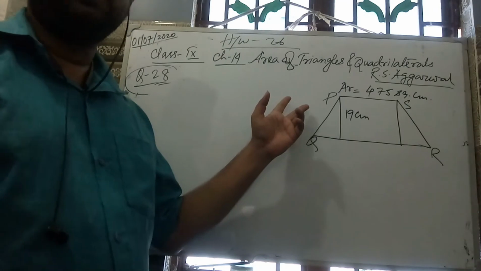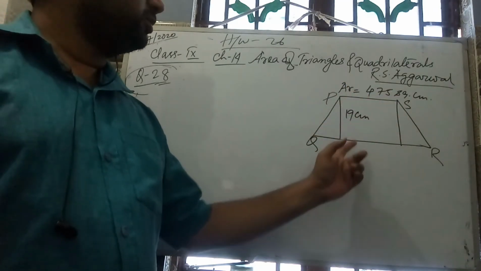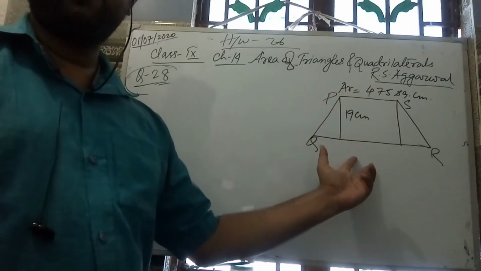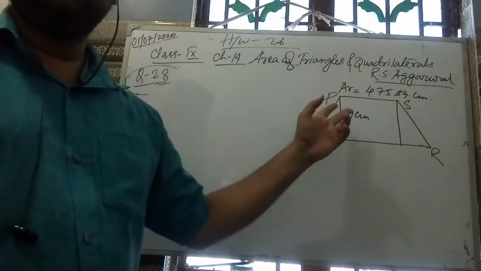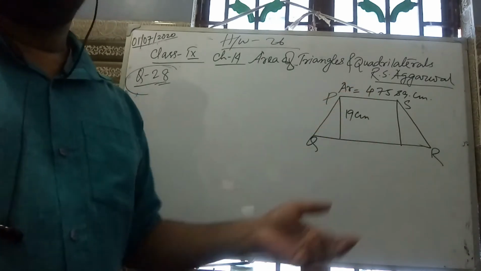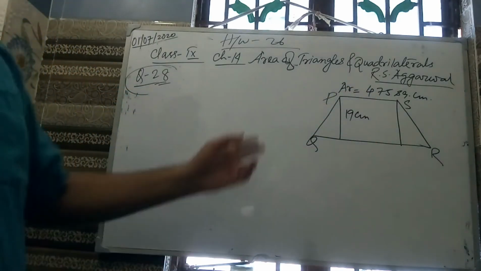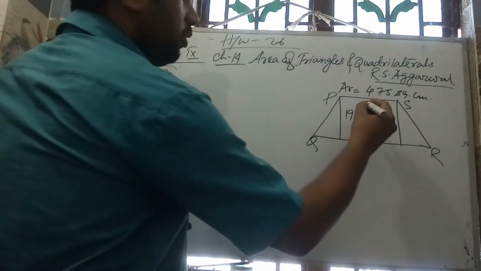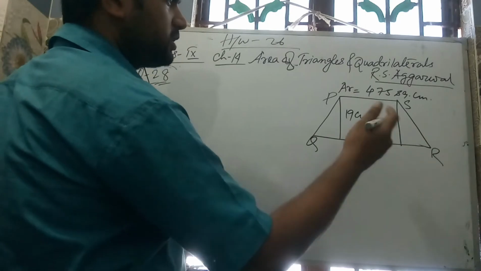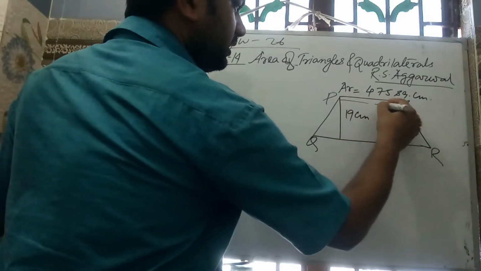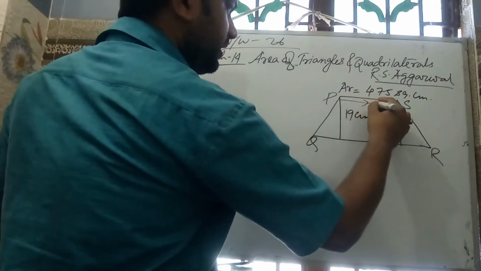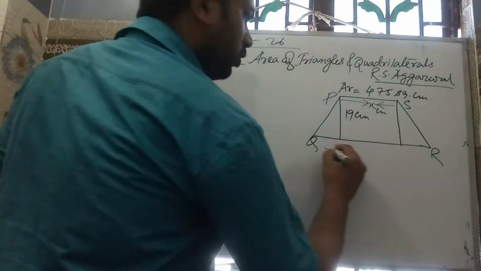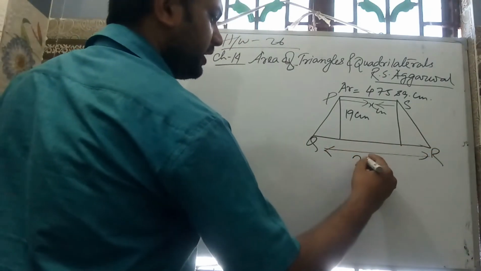that's what I said. PQRS is a trapezium where one pair of opposite sides, PS and QR, are parallel and these two are non-parallel. So one pair of opposite sides, they are parallel. That's why it's a trapezium. So what is given? One side is greater than the other side by 4 centimeter. Let us take this PS to be x centimeter. Length of PS be x. So what will be the length of QR? X plus 4.